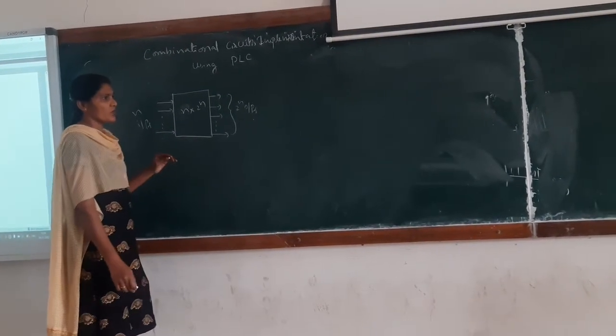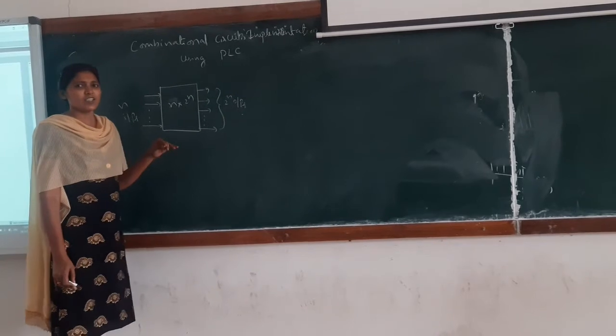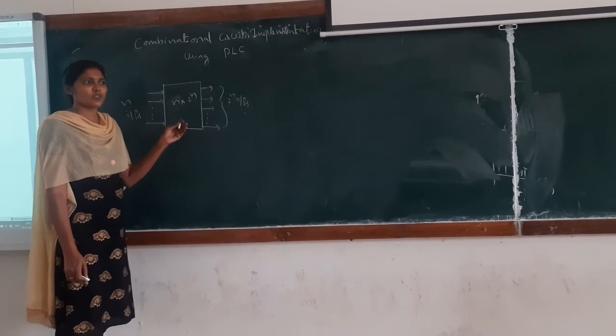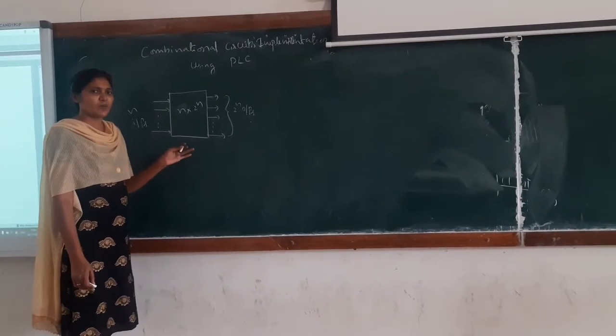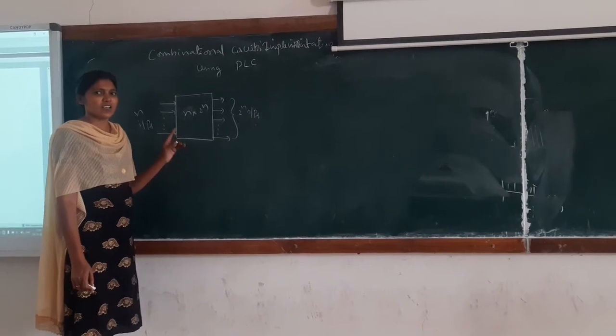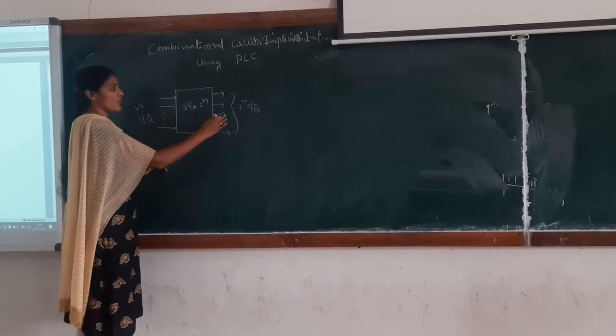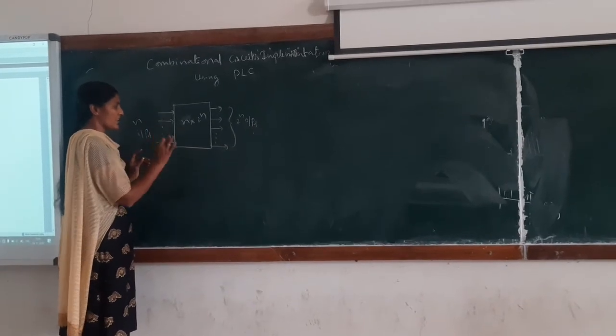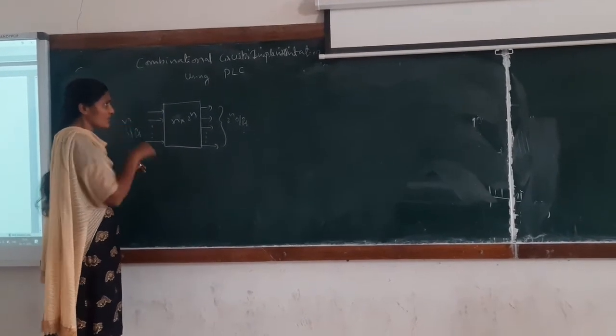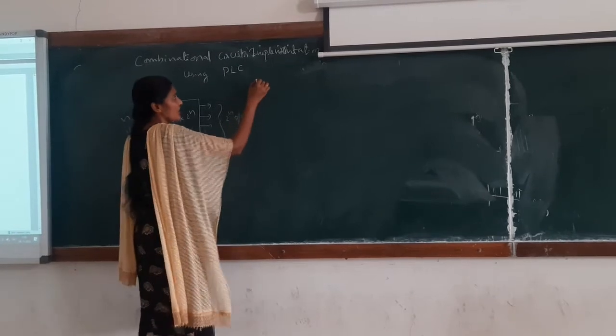We know very well about combination circuits. They don't have any feedback. When a digital circuit does not have any feedback, it is called a combination circuit. That means they have only inputs and outputs. There is no feedback. We have so many examples of combination circuits already explained in the